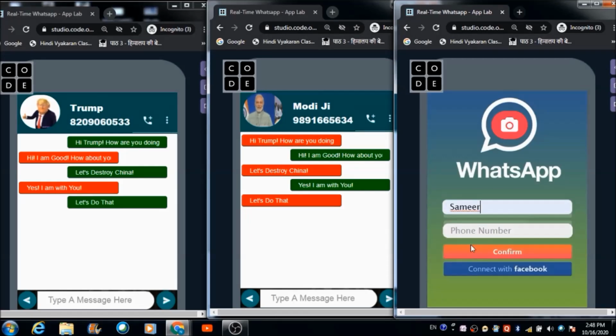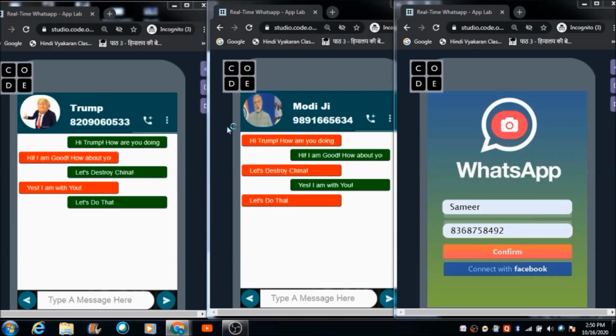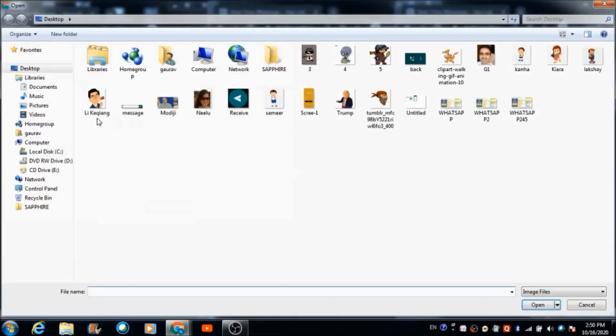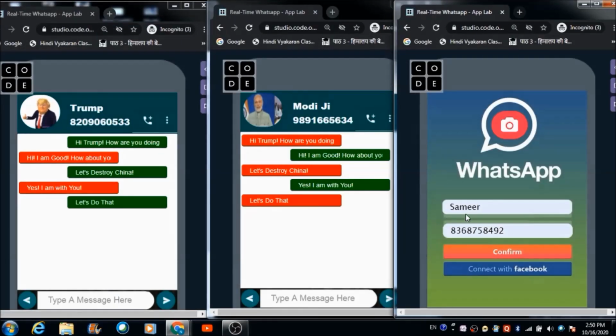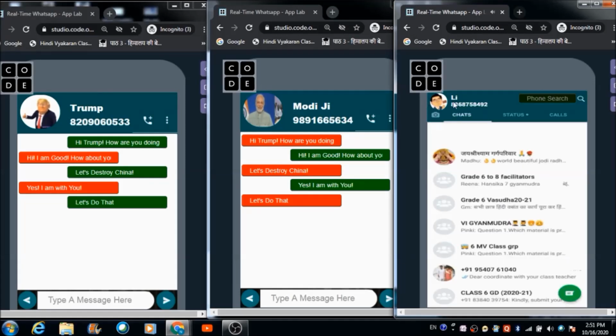Let's create a third profile. I'm going to select the photograph of the Chinese Prime Minister Lee. This is the name with which we are going to create a new profile. Now let's hit this and see what happens. We have got the profile created successfully.